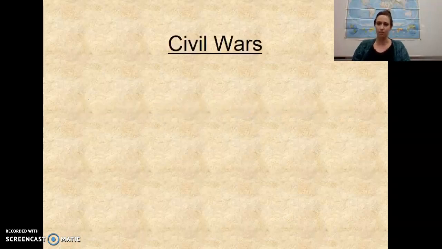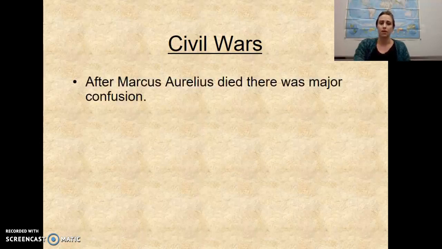of the Roman Empire, okay? One big reason was civil wars, right? After Marcus Aurelius died, and Marcus Aurelius was one of what we call the good emperors, yes, historians actually call them good and bad emperors, no joke, there was a lot of confusion, because he didn't really have an heir particularly assigned to the throne. His son ends up taking over, and it's a really big mess,